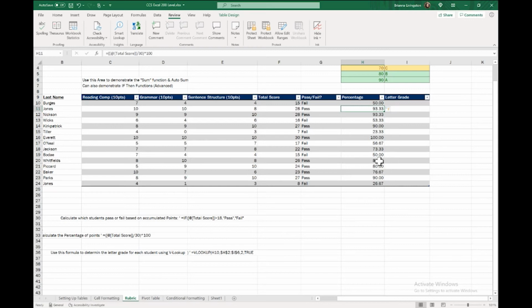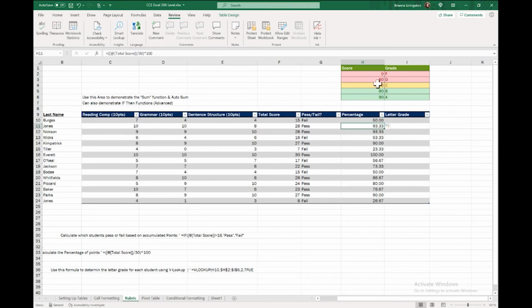Now, for the VLOOKUP, the little bit more complex one. The VLOOKUP stands for vertical lookup, meaning it's going to look vertically within the data. An HLOOKUP stands for horizontal, so it's going to look horizontally within the data for the answer. But we want it to look vertically within these columns. So first thing we're going to do is hit the equal sign and type in VLOOKUP.